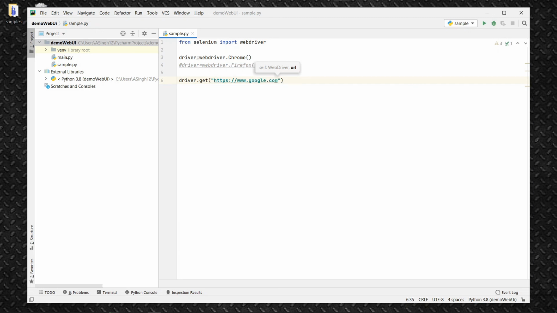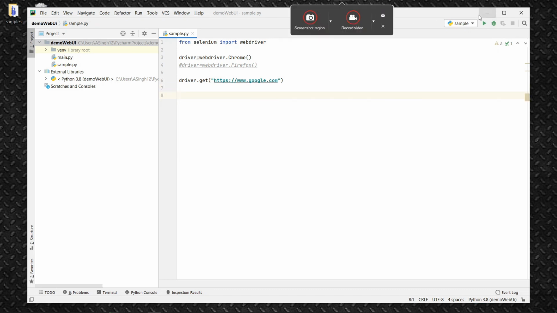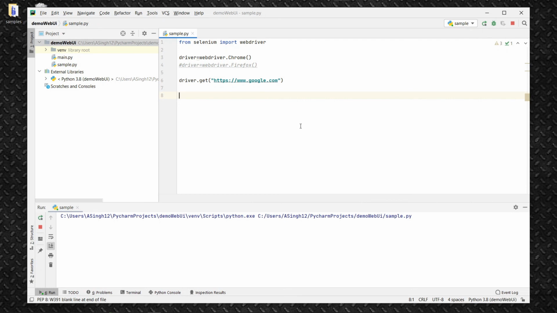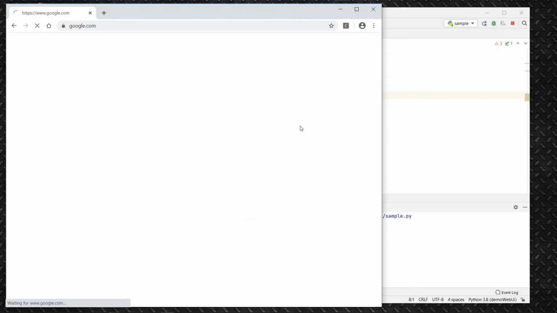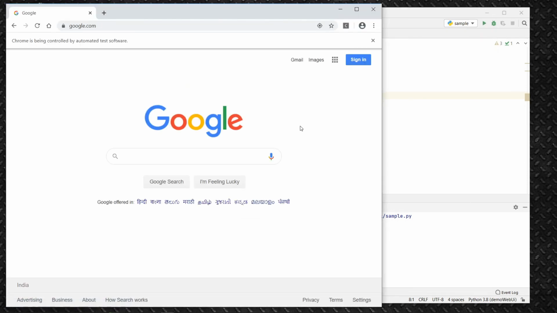So we have to keep it as simple as possible. So we'll be opening simple google.com on the Chrome browser. Let's try and run it. So you can see it's open, and yes, we have opened google.com very easily. So this is how it works.